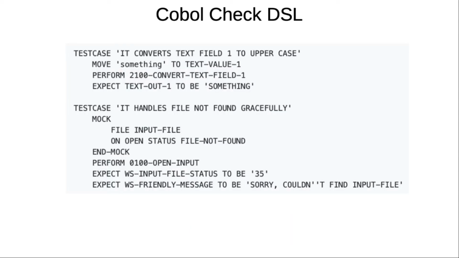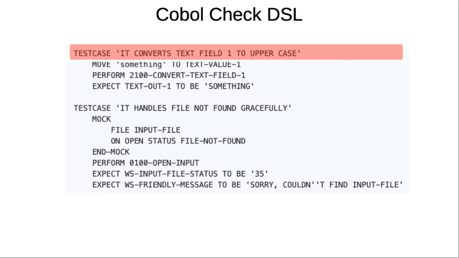Let's see how the test DSL looks. This sample shows only a little of what's possible. When people familiar with Java, C#, Python, or similar languages look at this code, they invariably ask why we didn't just copy something like JUnit or NUnit. The reason is it's designed to be intuitive to Cobol programmers. Cobol programmers are not familiar with JUnit, NUnit, RSpec, Jasmine, or any of that. If we copied one of those, it would be more difficult for Cobol programmers than this kind of syntax.